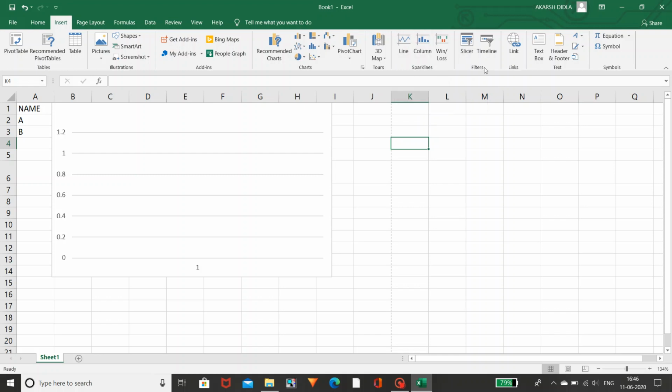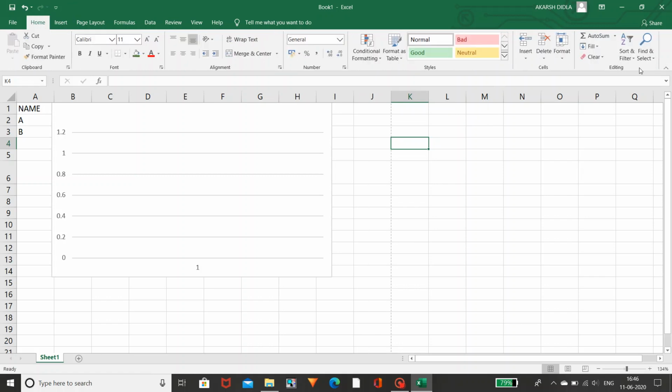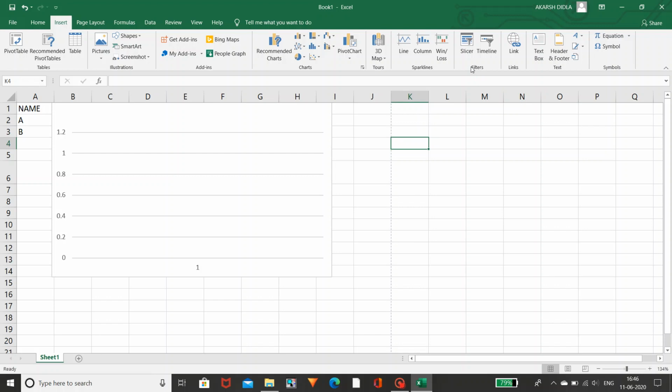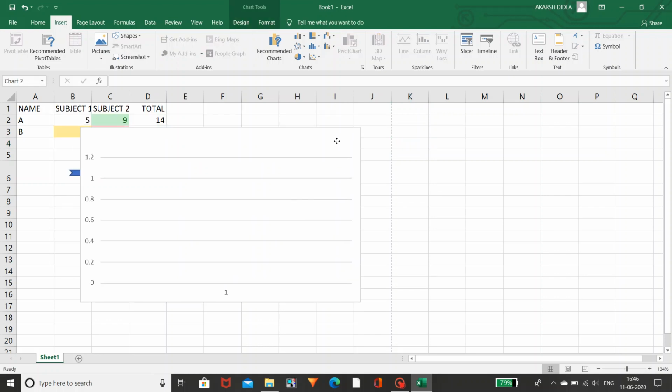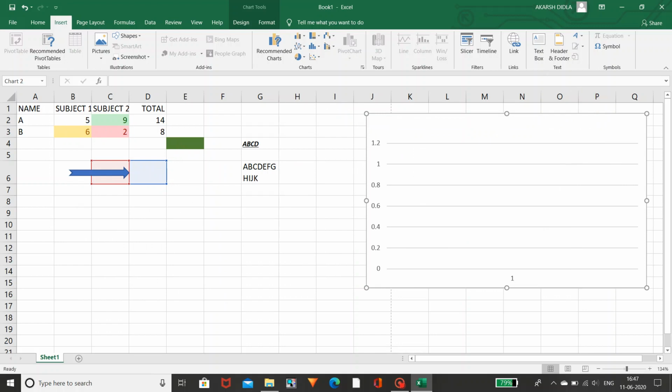And coming to the filter, you can see this filter option in the home page too. In this home page, you can see this filter option. So you can use this filter option, or either you can use this filter option. So likewise, you can see. And coming to the links, if you have any pages or any blogs or any YouTube channel, if you want to add those links to this cell, you can add this.